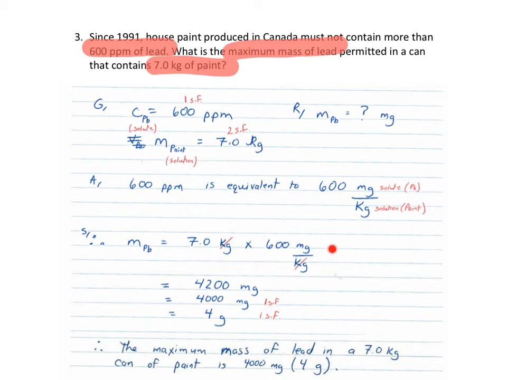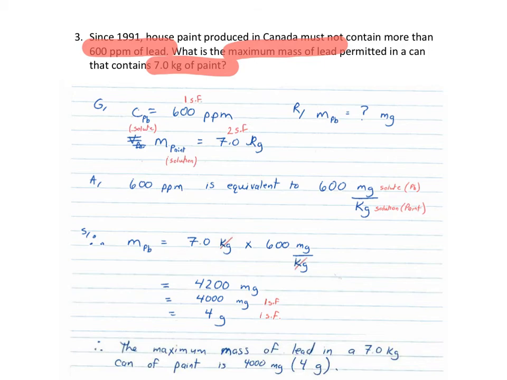And so if I include that piece of information down here and arrange my units so that the kilograms will cancel out, because we know we want to be left with a final answer of milligrams. And specifically, this is my kilograms of my solution, and this is referring to the kilograms of the solution, and so those should cancel out. I carry out the operations. I'm left with the 4,200 milligrams, which represents the mass of my solute, but I have to write that to an appropriate number of significant figures, which is either right here with 4,000 milligrams, only containing one significant figure, or